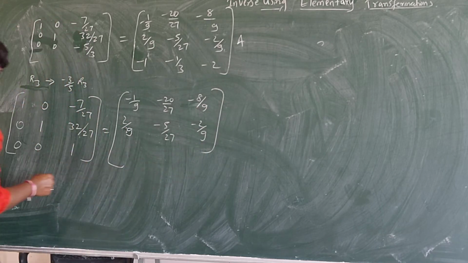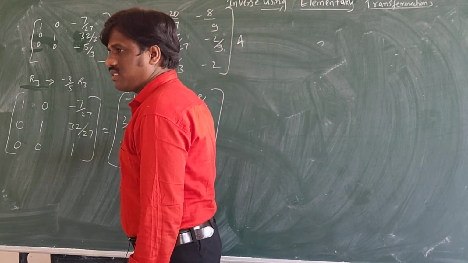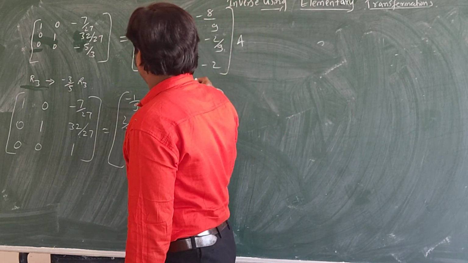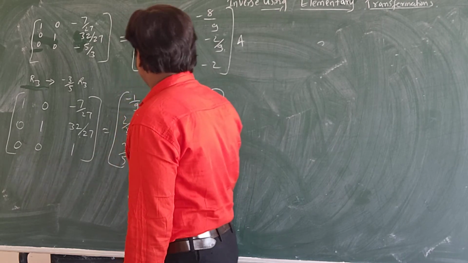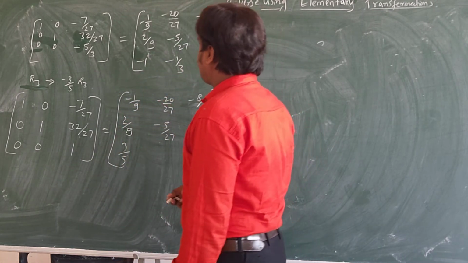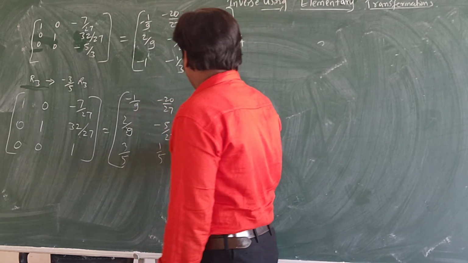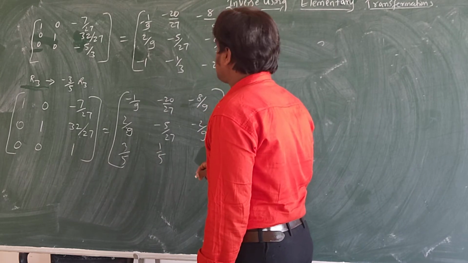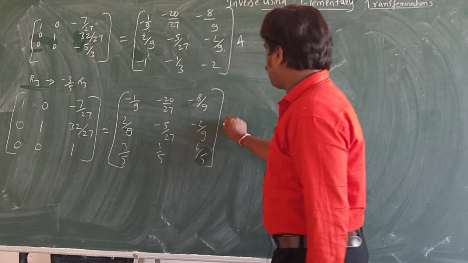Now I have to multiply minus 3 by 5, right? If I multiply with minus 3 by 5, what I get here? 5 by 3. Minus into minus plus 3 by 5. 3 by 5. Next what I get here? Minus 3 cancel, 1 by 5. Now what I get next? 6 by 5. 6 by 5 into A.